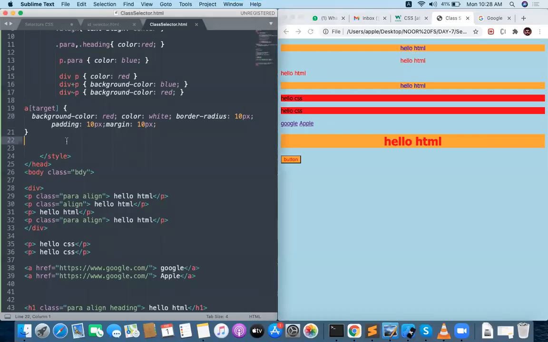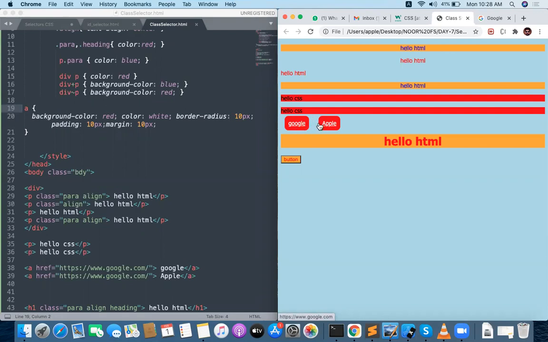Okay, attribute selector. So what is the attribute selector? A hyperlink, and a target, which is going to have something like this. What is my requirement now? I want to save this one. All the A elements should have something, so all the hyperlinks got the color applied. Which are they?